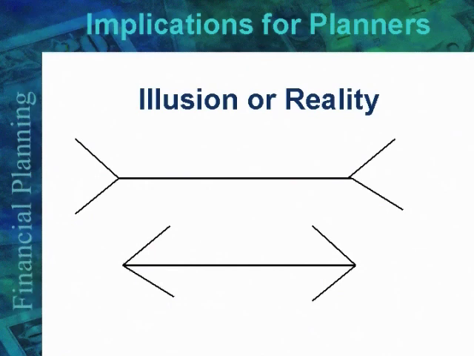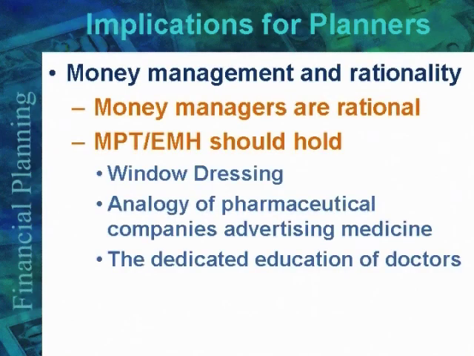So from a planner's point of view, you've got to start understanding what you're faced with. And of course, charity begins at home. We need to start studying ourselves as to what we need to change before we can start thinking about how we can help our clients change. So that's the point of that picture. Now, earlier I had said that we don't have to worry about rationality. Our money is being managed by CFPs and PhDs and CFAs and money managers who are very well educated.